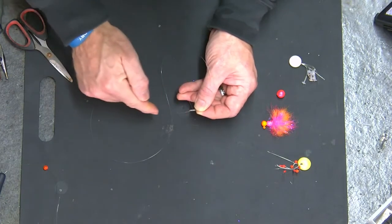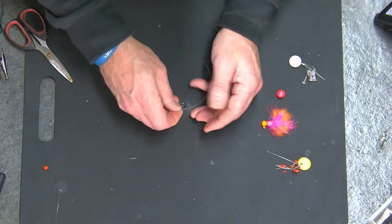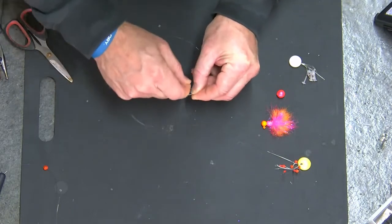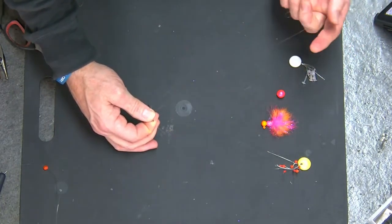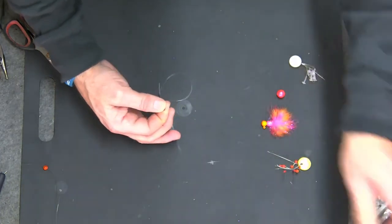So put your running end back through the eye. Don't drag it all the way through, because you just have to work around it. So nice and short. We put that down against the shank, and we're going to put about 3, 4, 5 wraps underneath that just to secure it in place. And again, this is fluorocarbon. You can wet it if you want to. I just make sure I don't pinch it real tight when I drag this through, and it slides through relatively